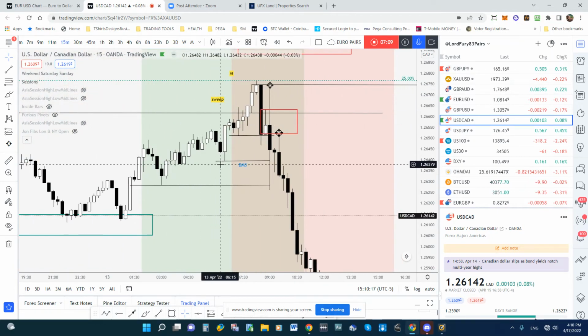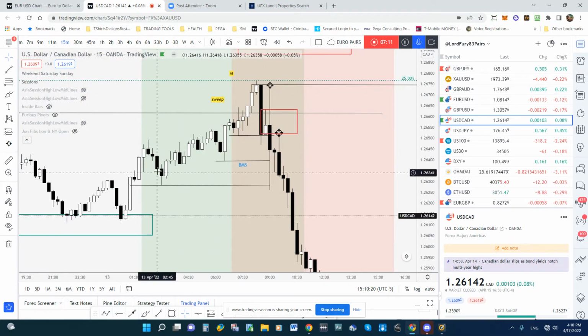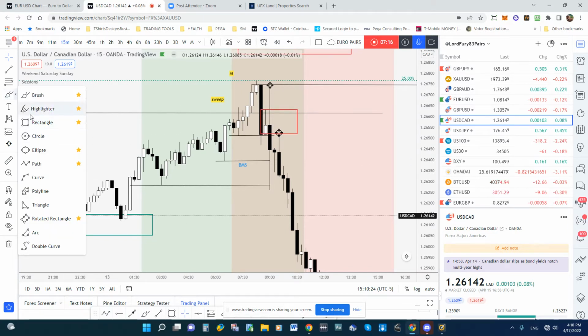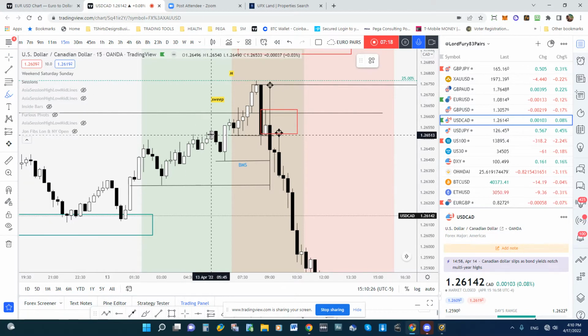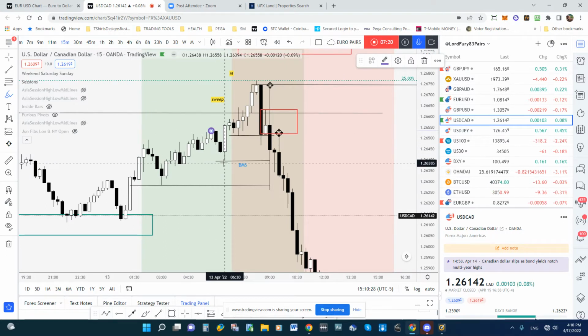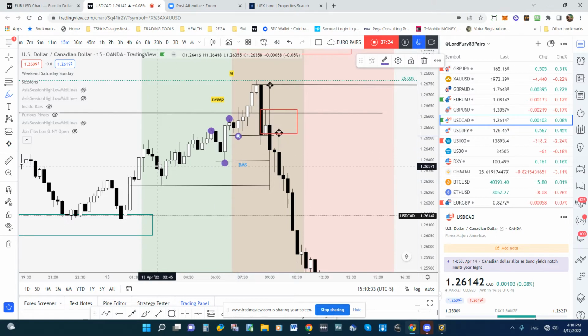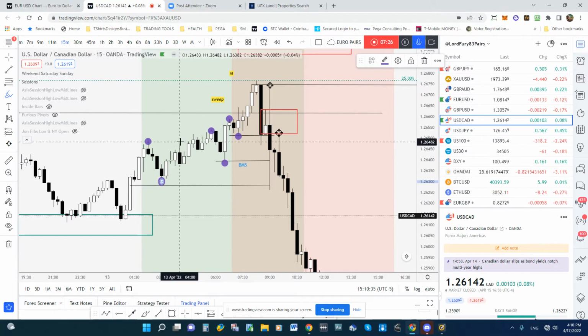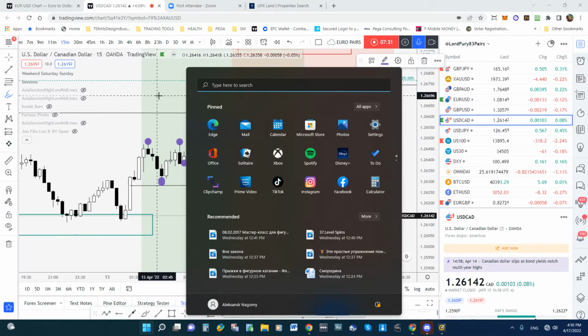If you look very carefully, you can see how the market was making a low, a high. Here you can see a high, a low, a high, a low, and here it started, a high, a low, a high, a low, a high, a low. It just kept going like this.